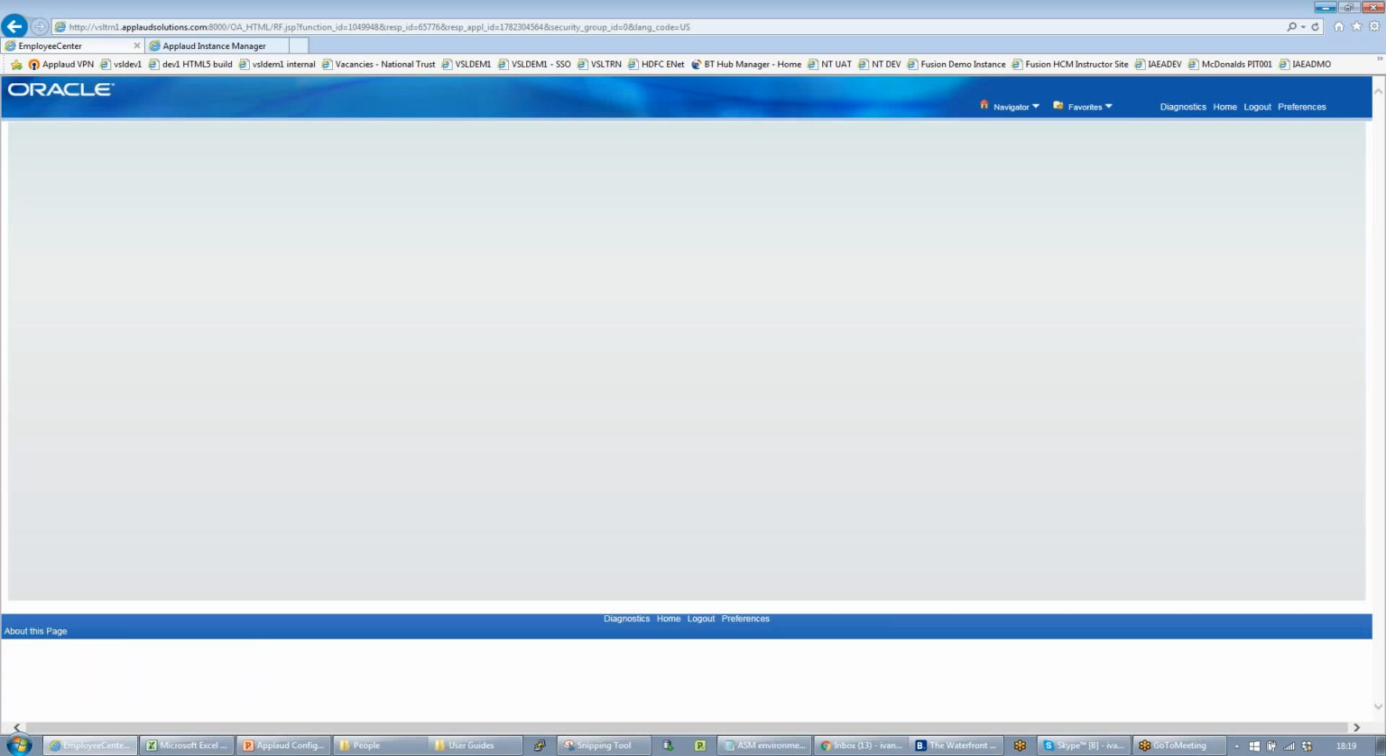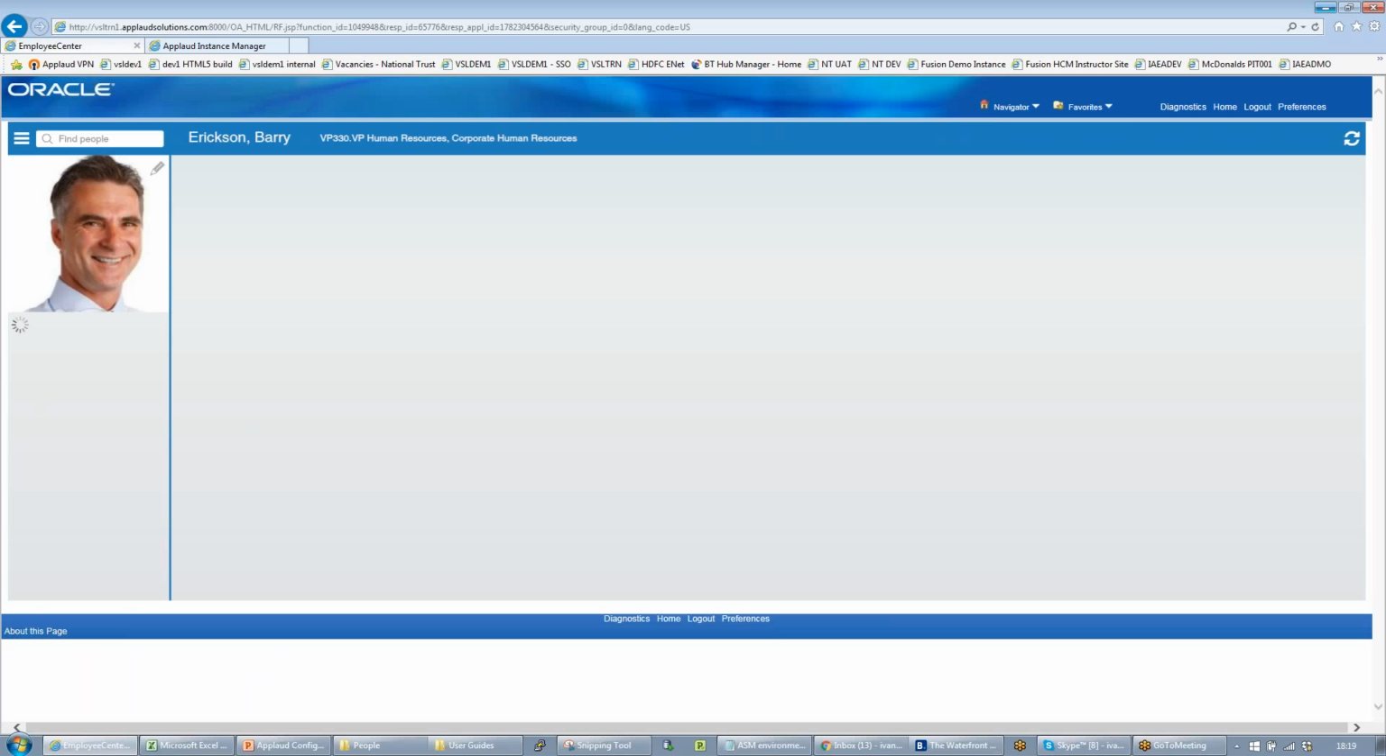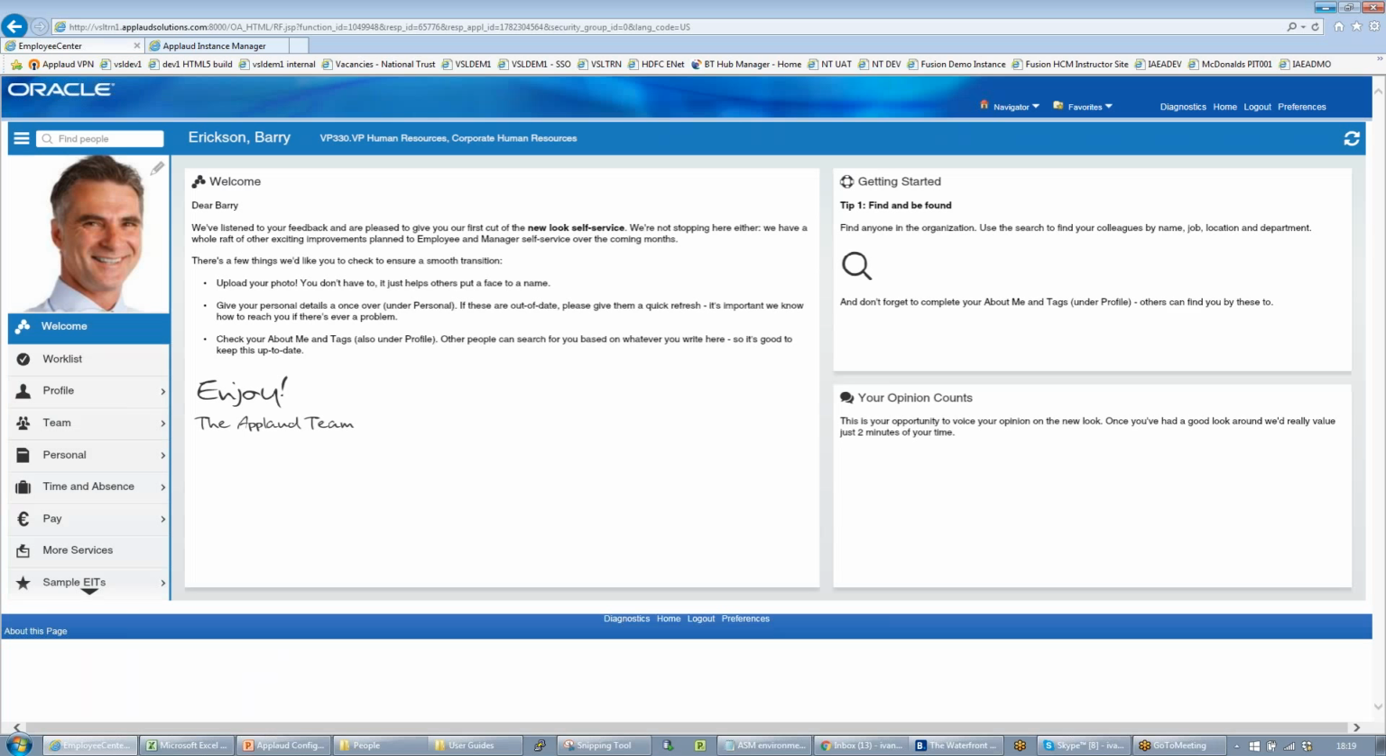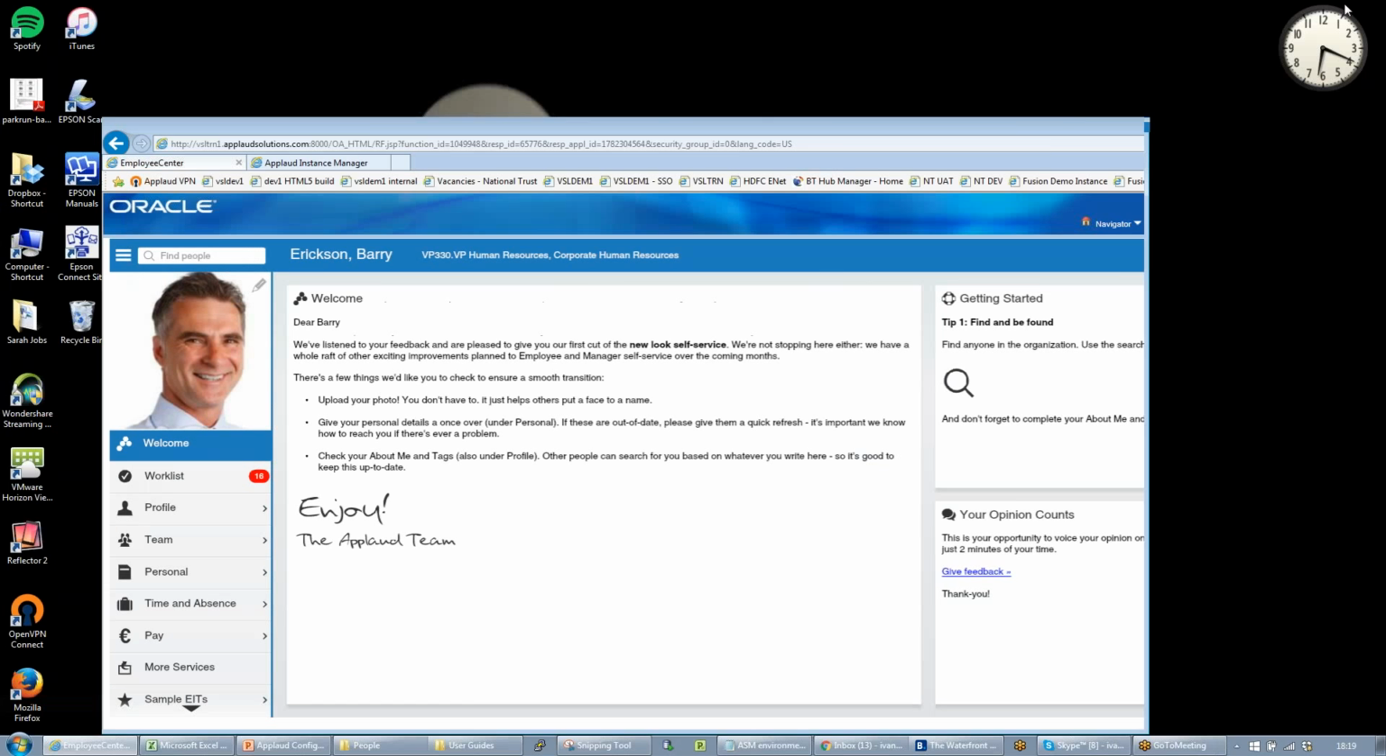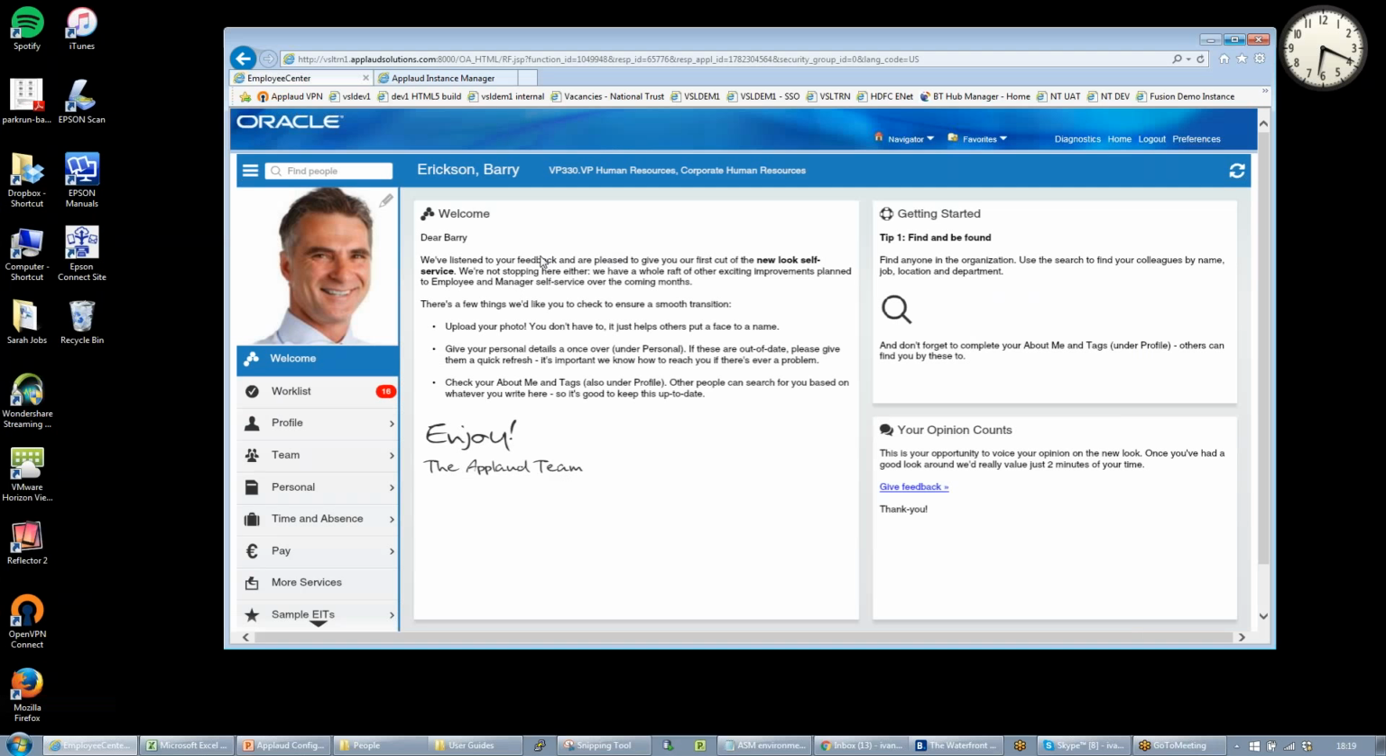And we're going to wait for this to log in. Straight away you see our new user interface is displayed to the user. Let's make that a little bit smaller. Okay, this is me as the user, my photo, my name and assignment information up the top. You've got a landing page that gives a little bit of news or welcome information, and then down the left